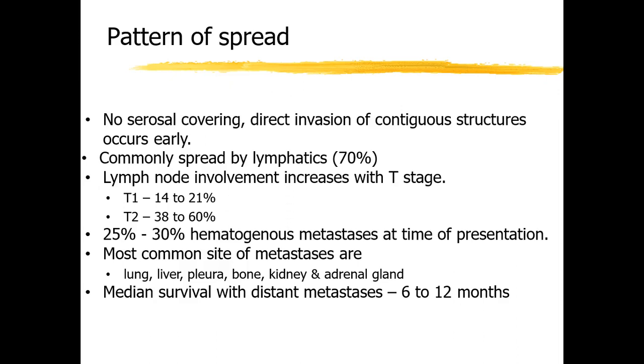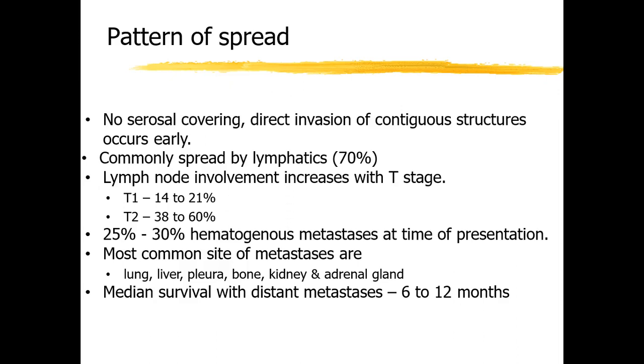Now for every cancer, as I already told you, you have to remember TNM. T stands for the tumor, N stands for the lymph nodes, and M stands for the distant metastasis. So T1 means 0 to 2 centimeter, T2 2 to 5 centimeter, and so on. So whenever there is an increase in the T stage, there is an increase in the N stage also.